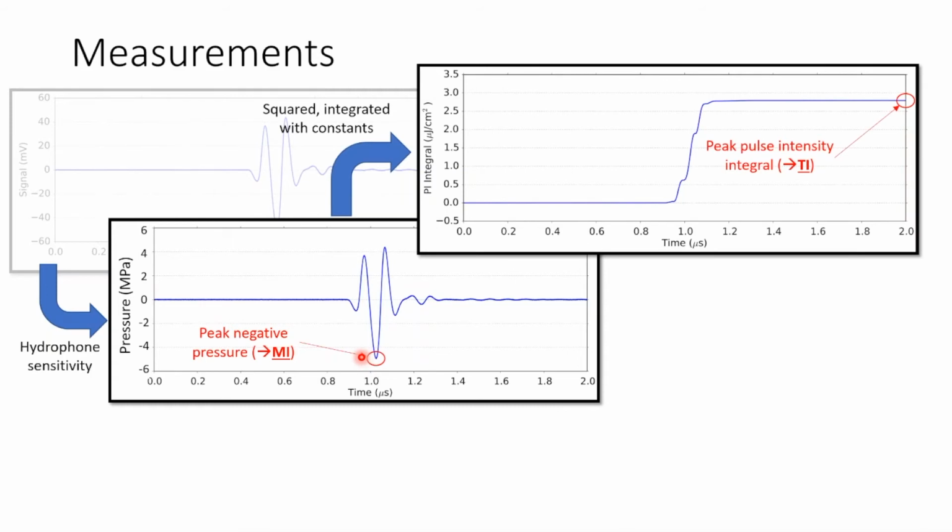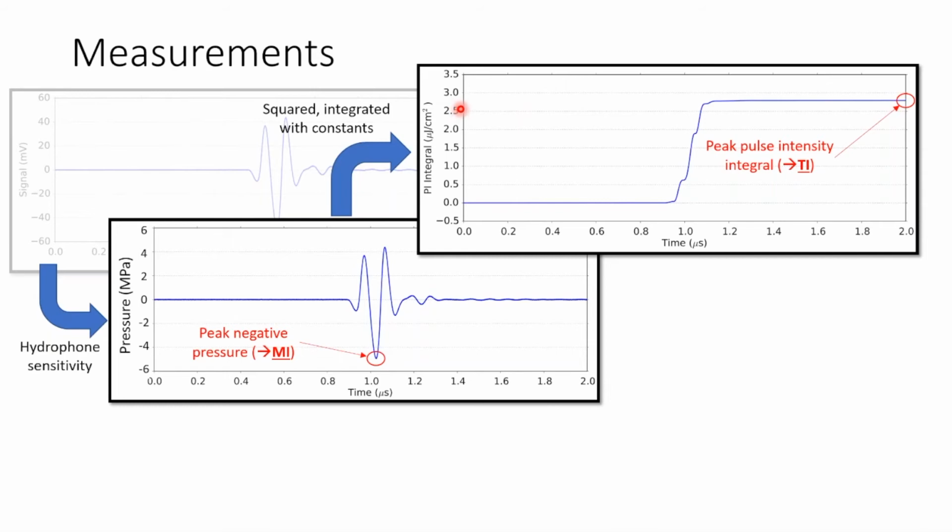In order to calculate things like TI and the parameters which involve spatial averaging and other things like that, you want to figure out how much energy is being transmitted into the tissue with this single pulse. So to do that, we square the pressure field and integrate it with some constants, and that will give us our pulse intensity integral. And so you see that over time there's no energy, the pulse is transmitted, the energy that's been delivered to the tissue increases, and then it levels out again, and at the end of this 2 microsecond window, we can establish, for instance, that 2.75 microjoules per centimeter squared of energy has been delivered